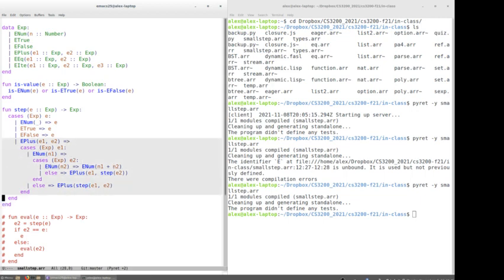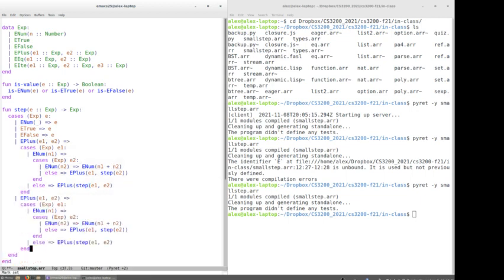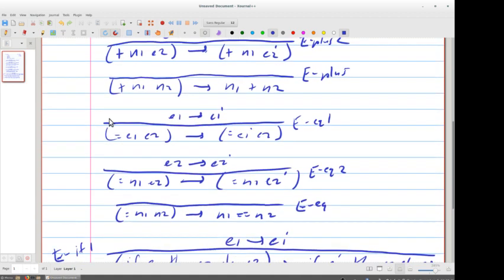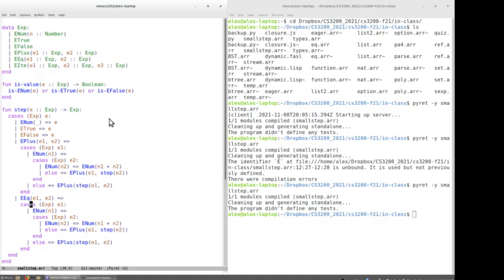Now, of course, we can do the same thing for equality, E_eq of E1, E2, and they're really similar actually. It has kind of the same congruence rules where you do the E1 first and then E2, and then there's the computation rule where, well, instead of adding the two numbers, you're just producing a Boolean that's true if and only if the two numbers are equal. So all this code will be pretty much the exact same, except